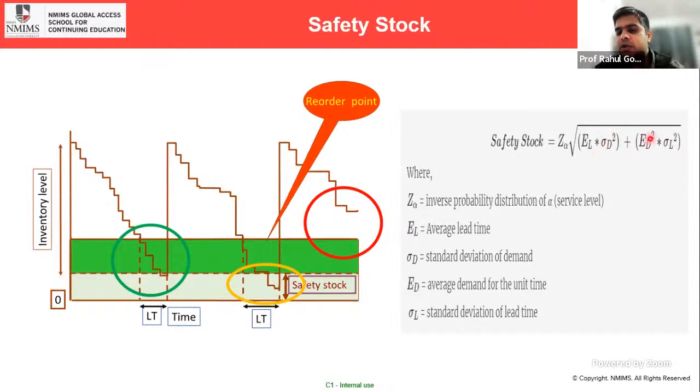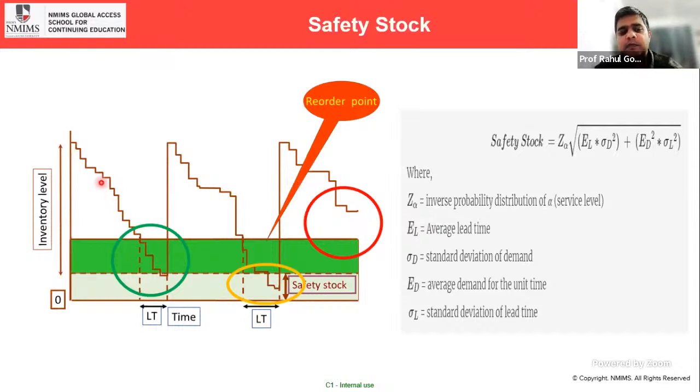And the second is average demand for that SKU into standard deviation in the lead time. So like I mentioned, safety stock is a function of variability in the lead time and variability in the demand. And if you look at this in a graphical manner,